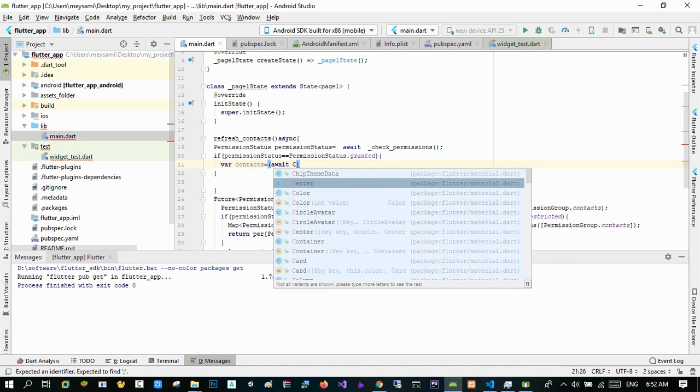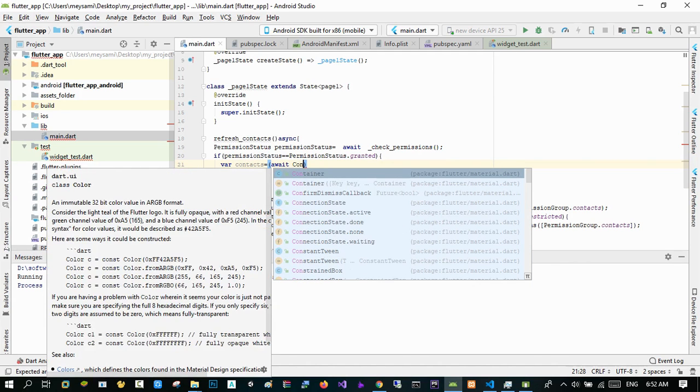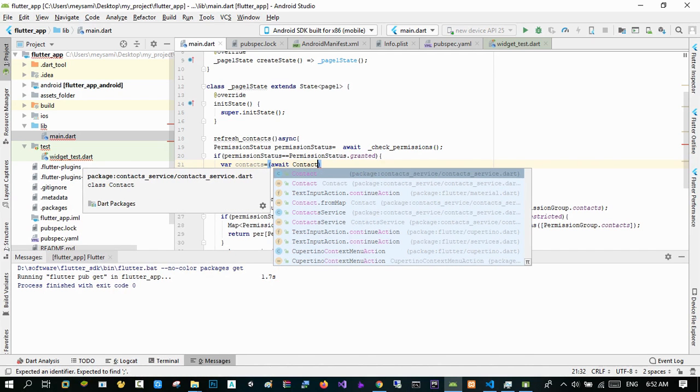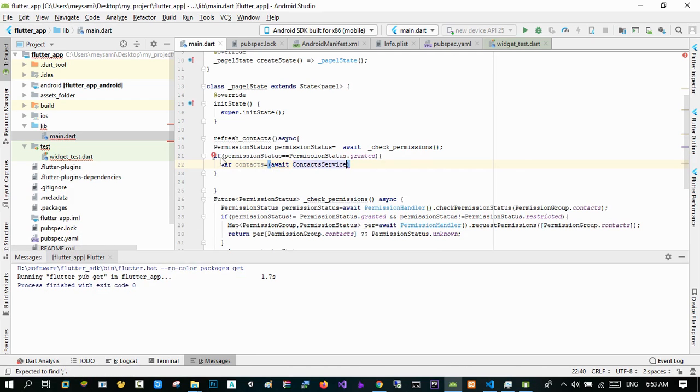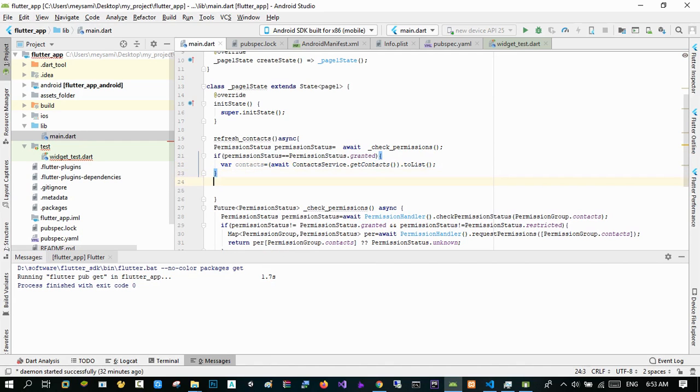Yeah, and await contact service. Now we are using contact service library. Contact service. And we ask it to get contacts and it should list all the contacts after getting them. What should we do next? After this, we place it in